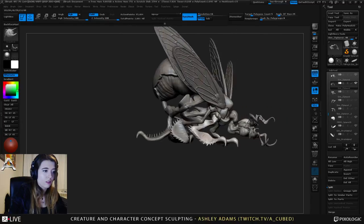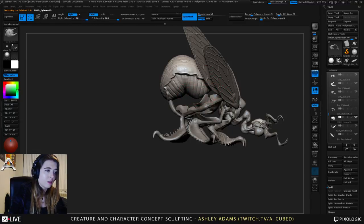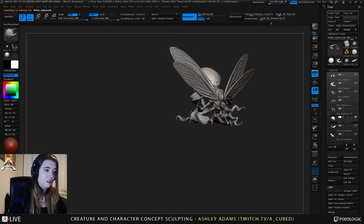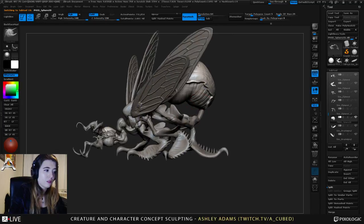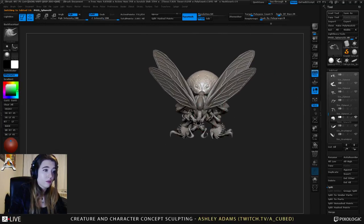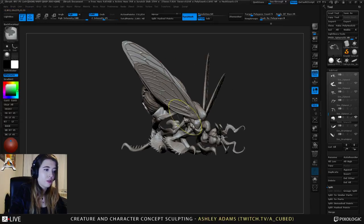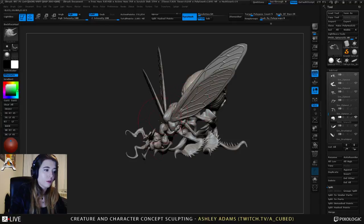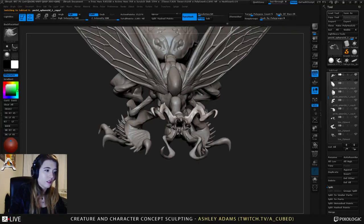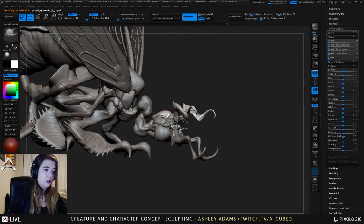Alright, so these shapes are starting to look way better than they were when we first started. So that's cool. But we're not going to be able to do too much more to this, specifically because we're ending our time here. If anything, I think I'm going to give this a bit more...